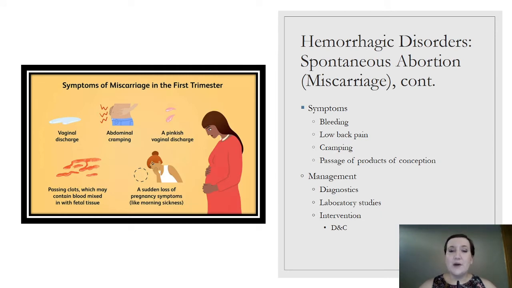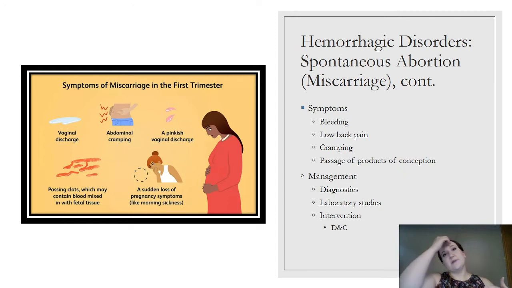So when we're talking about management of this disorder, we have to look at diagnostic criteria. How do we identify this? We are looking at HCG levels, so human chorionic gonadotropin. HCG is what's picked up, obviously, as you will have read about in your textbook readings. HCG is the hormone that is identified by those pregnancy tests, the urine test, the venous blood draw test. They're all looking at HCG levels.